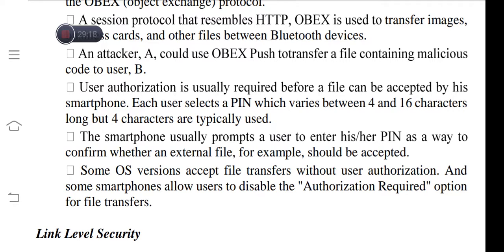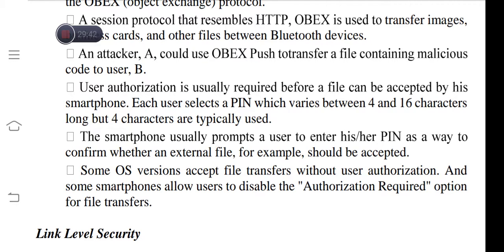Again, depending on the operating system features, some operating system versions accept file transfers without user authorization, and some smartphones allow the user to disable the authorization required option for file transfers.